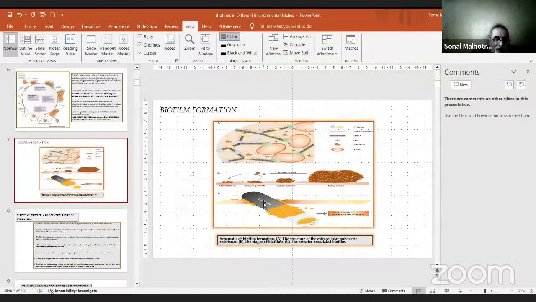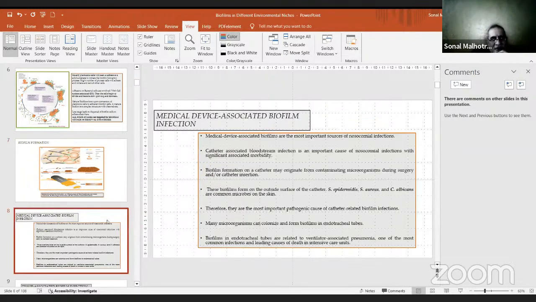And other medical implants or surgical procedures that damage the skin barrier and consequently lead to HAIs. So this whole talk is about just that. One area is medical device associated biofilm, as we saw in the catheter one earlier, where a catheter is being placed, then surface bacteria which are normally innocuous because they're sitting on the skin surface can now, when there is an incision because of the catheter,